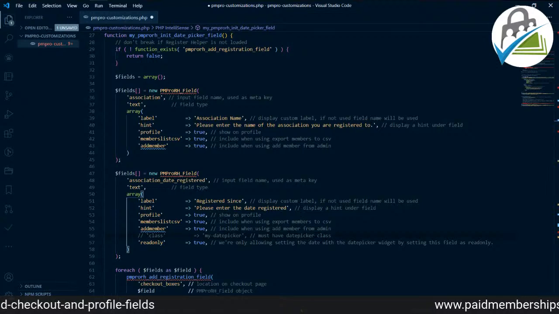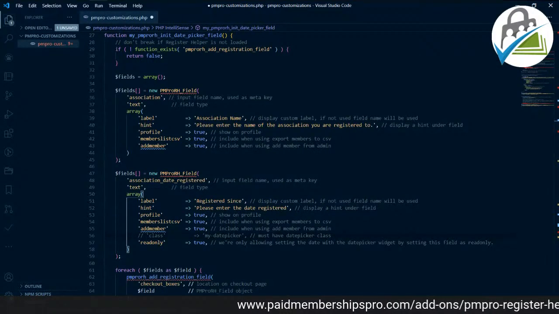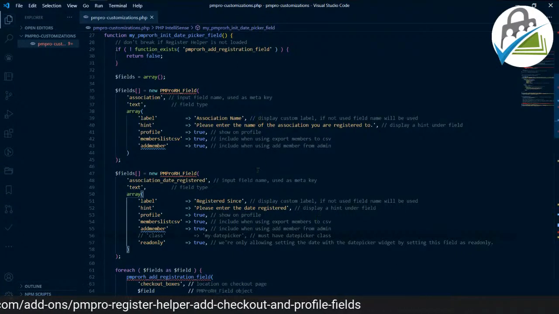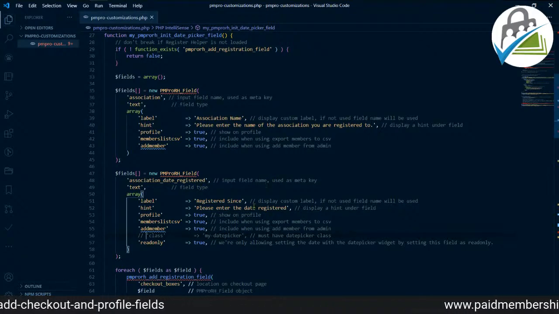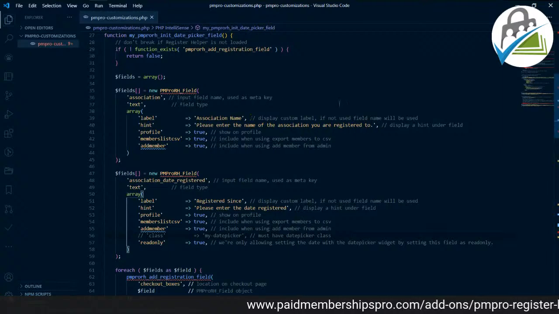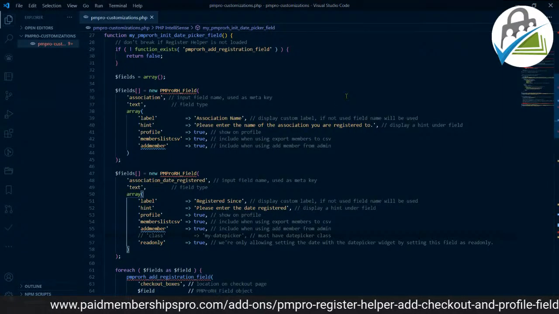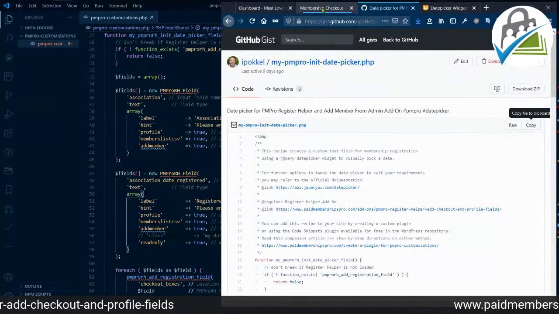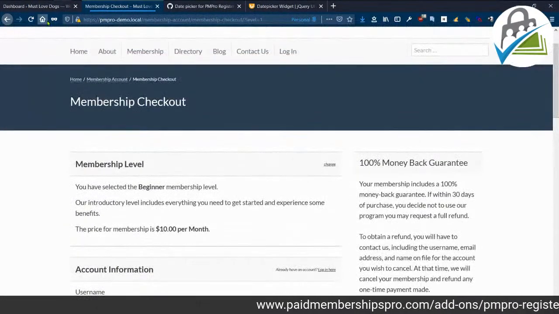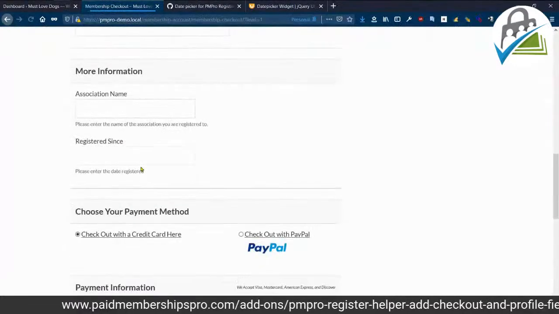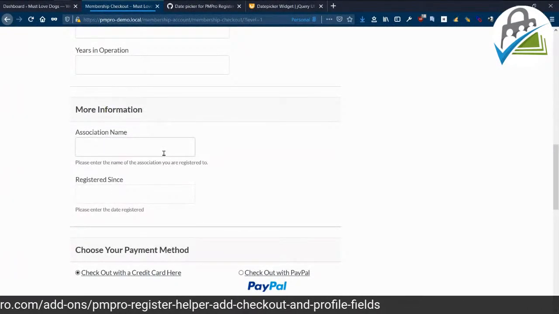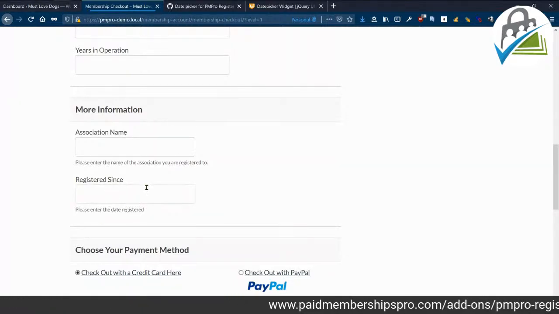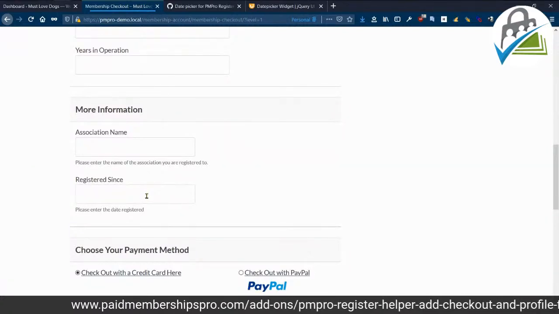For now, to give you an idea, this depends on the class we're assigning to it. So I'm going to hide that to give you a good idea of what a text field is without the date picker. Fantastic. I think that's a great idea, Theuns. Where is my... Okay, there's my screen. Let's go back to the site. Let's refresh our... Okay, so there is our association name field we entered and registered since. Please enter a date registered. So a plain text field, you can only enter data